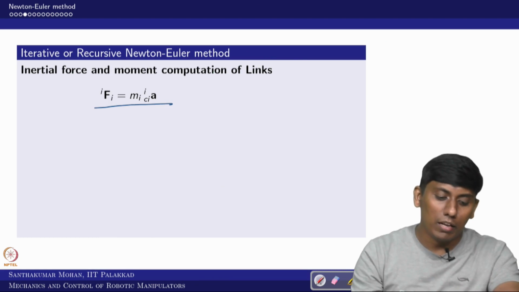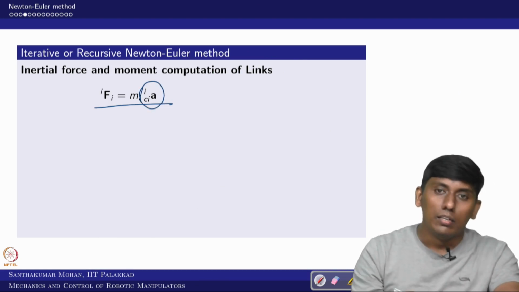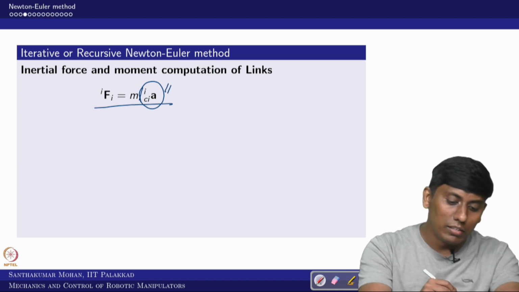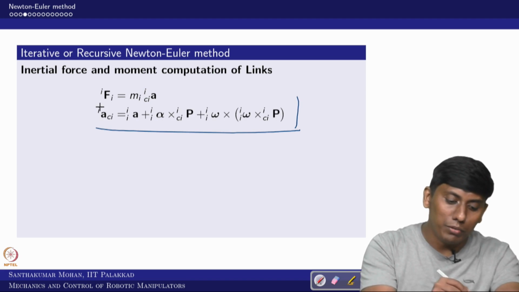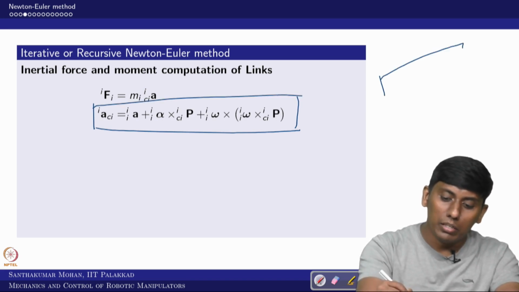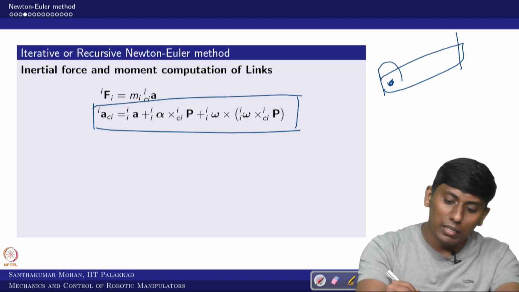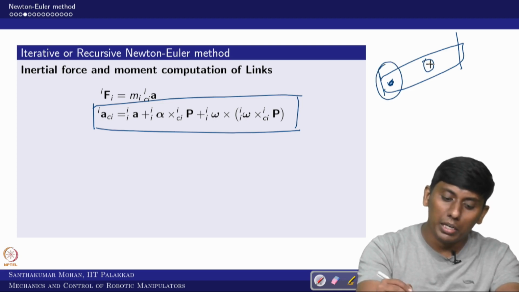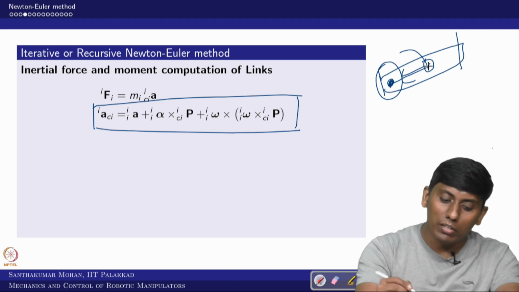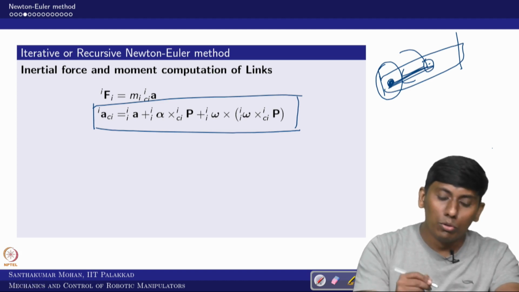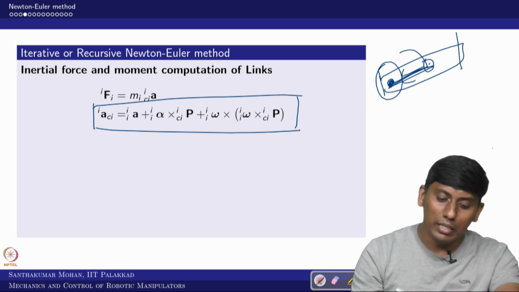So, now you can see the inertial force, for which we need the centroidal linear acceleration. Similarly, you can calculate it as we did previously, because you already calculated your acceleration here. So you are going here. Then you can see there would be a tangential acceleration, there would be a radial acceleration, and the same acceleration would go across. Since these two are in the same frame, you do not need to do any transformation. That's why you can see there is no rotation matrix here, right.